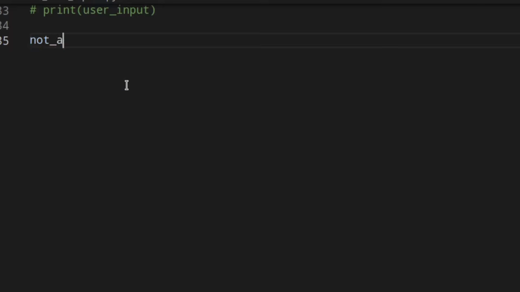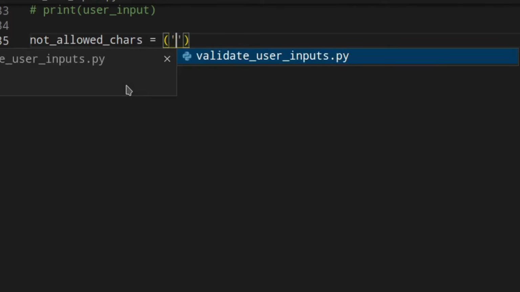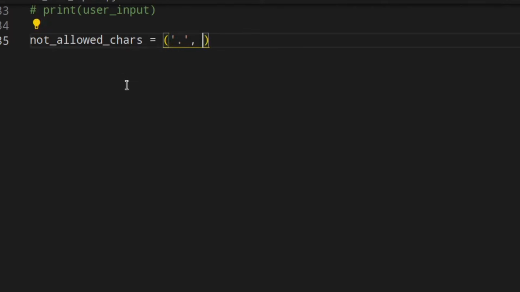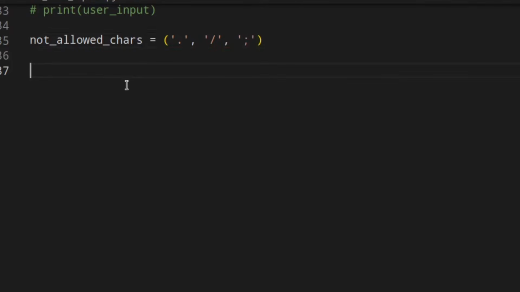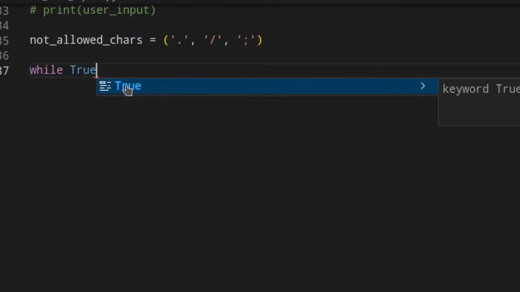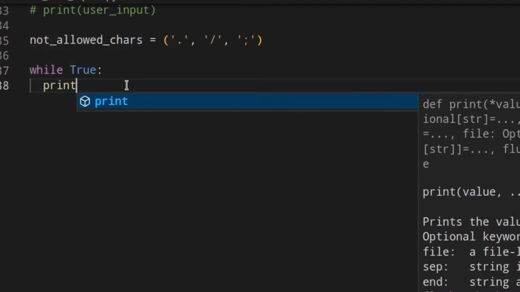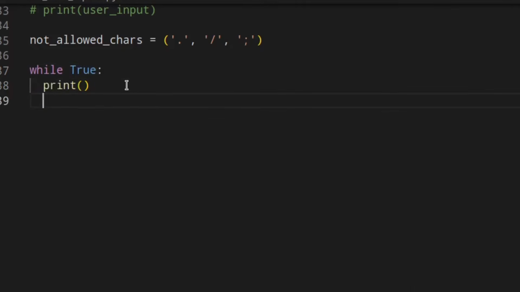First of all, you start out with a list of characters that you don't want to allow. So dot, slash, semicolon. I'm just making this up, so it doesn't really make a lot of sense. Here we print a little space and then nickname.